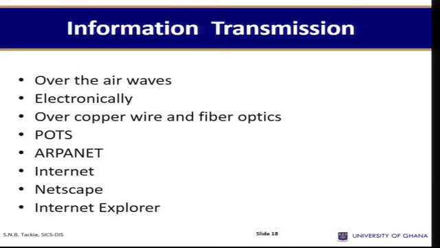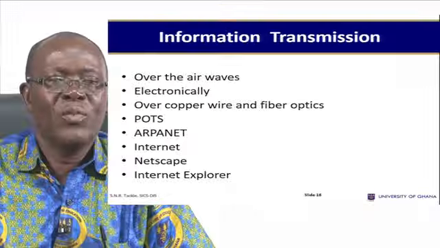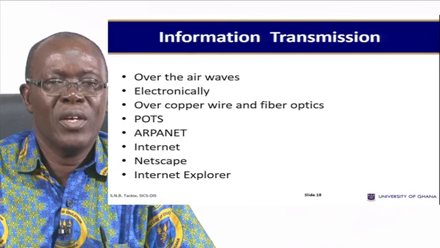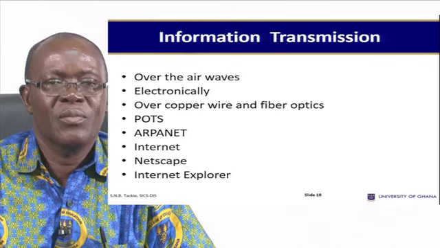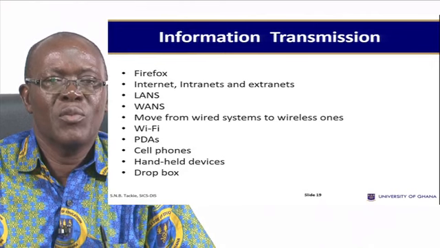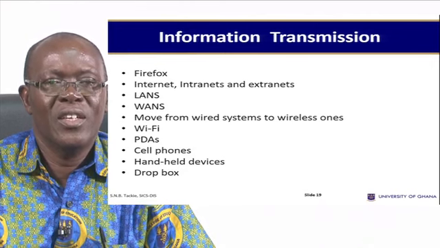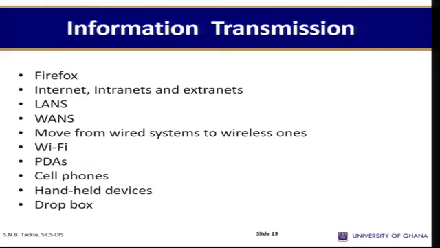Now, information transmission is done over airways. It is done electronically. It's done over copper wire and fiber optics. We have what we call ports. We have ARPANET. I said, go and Google these things. We have the internet, Netscape, Internet Explorer, and the likes. In terms of information transmission, you have Firefox, you have intranets and extranets, you have your LANs and WANs,